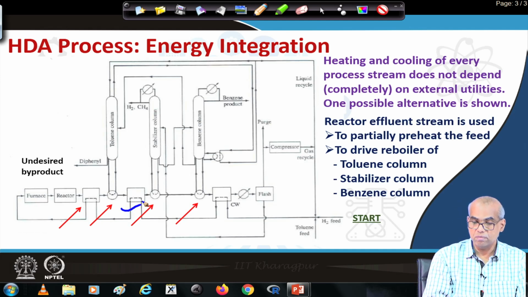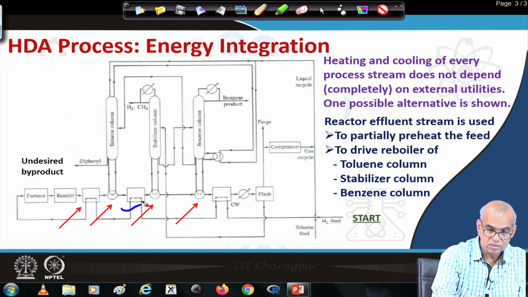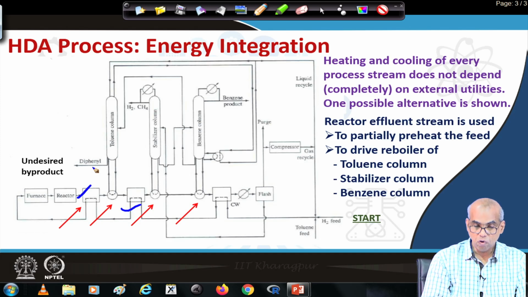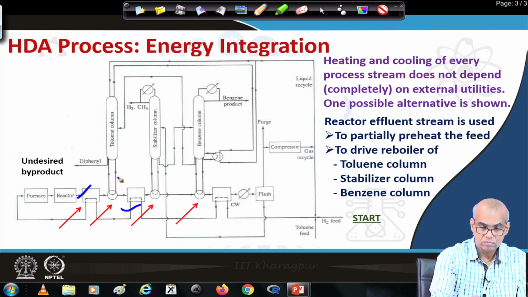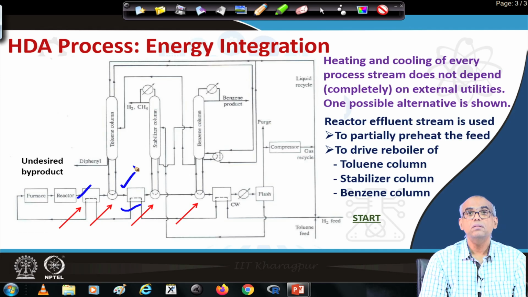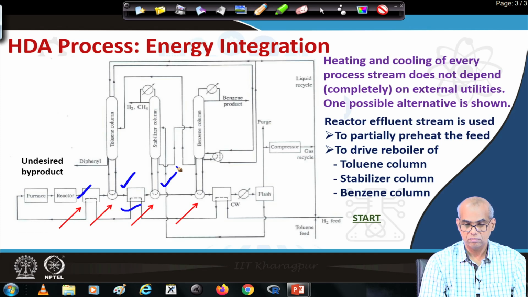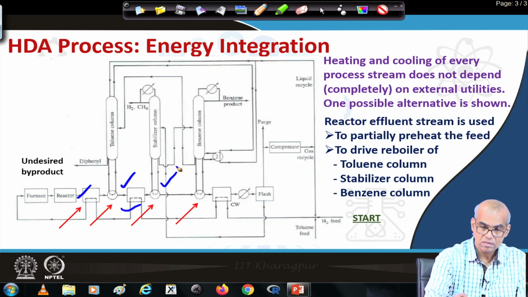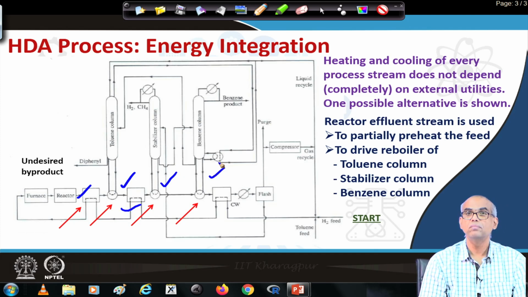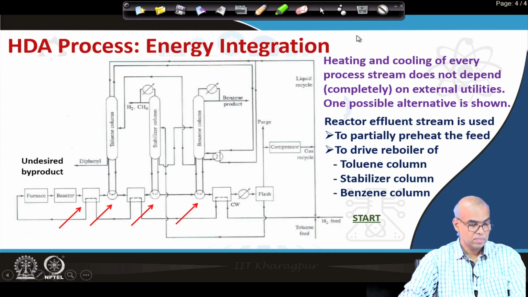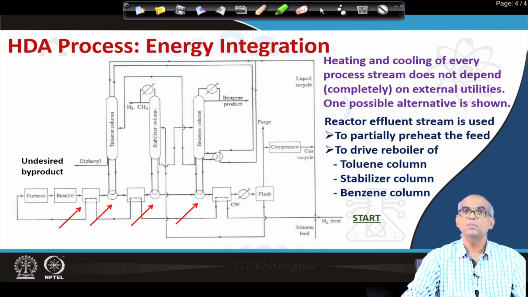The reactor effluent stream, which is this, is also used to drive the reboiler of the toluene column, the stabilizer column as well as the benzene column. So, we are doing some amount of heat integration where you are utilizing the energy available with the